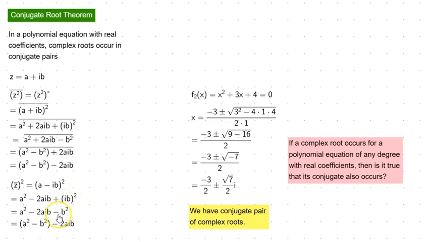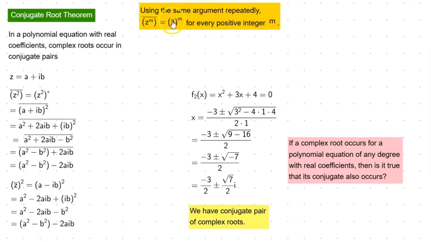Again, because of i square, it becomes minus b square. And we have a square minus b square minus 2aib. Do you notice that this is equal to this? That is, the order in which we take the power and the conjugation